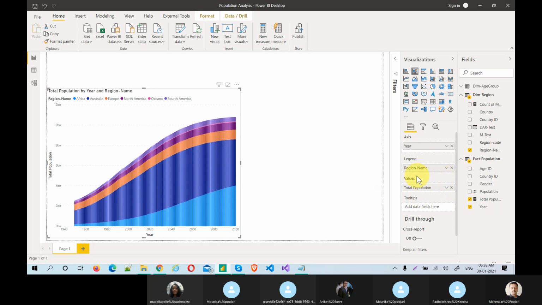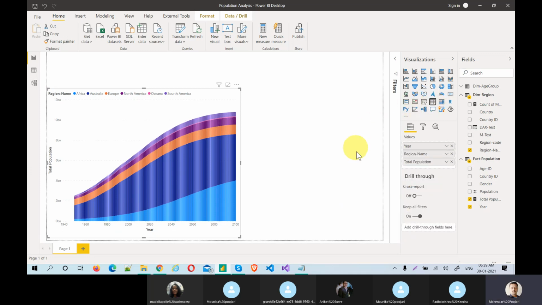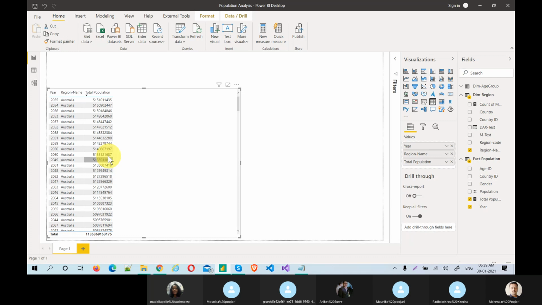Even after listening to this class, you should be very confident about where you should use a measure. Your goal will be to see those measures in the value section. If it is a table also, there is a values section.